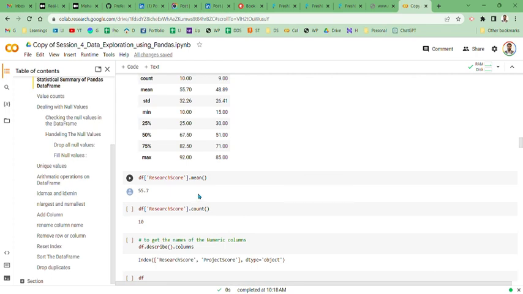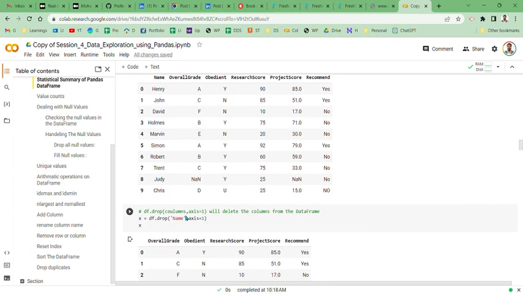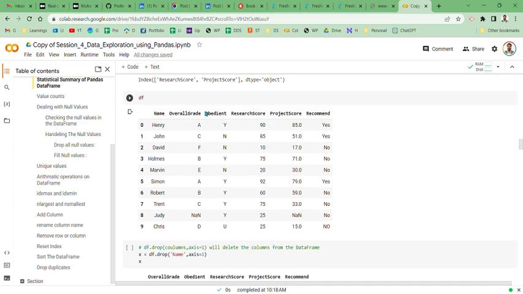And if you want to get a particular parameter for a particular column, then you can select that particular column and do a dot mean and a dot count. And these are some of the things that you can do. And if you just do the df.describe, it is going to get you the list of the numerical columns. Now we have understood the analysis on numerical columns, and now we will go ahead and do analysis on the